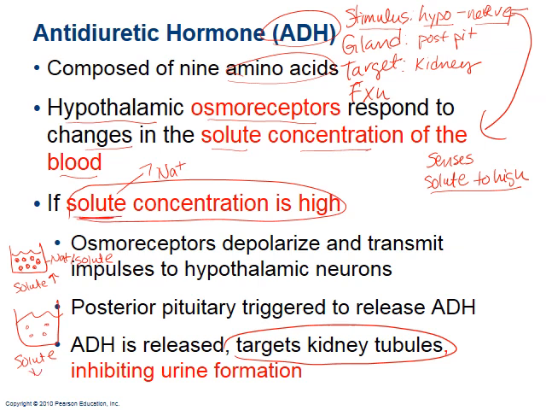So if your solute concentration is too high, osmoreceptors are going to depolarize and send impulses to the hypothalamic neurons. That's going to trigger your posterior pituitary to release ADH. And when ADH is released, it's going to target your kidney tubules and inhibit urine formation. So urine, something diuretic, something that makes you release water or urine,